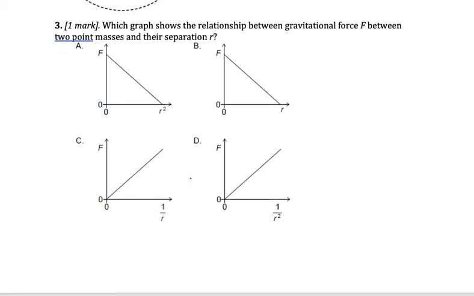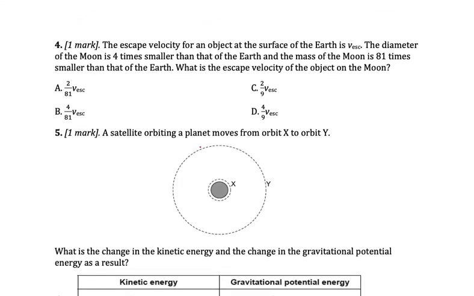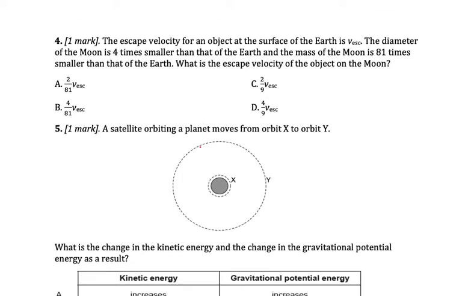Number 3 is asking for the proportionality between F and the separation r as a linear function. Since we know F is proportional to 1 over r squared, plotting F against 1 over r squared would give a linear relationship. Number 4, now here is where we need the escape speed